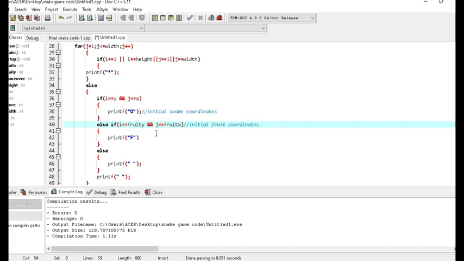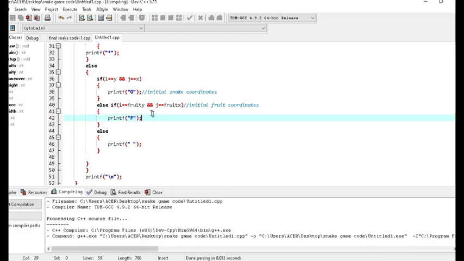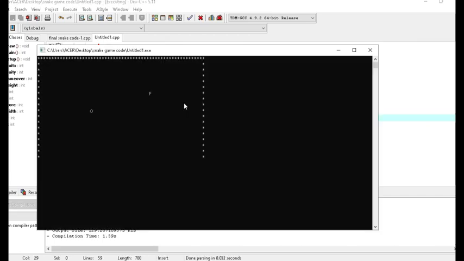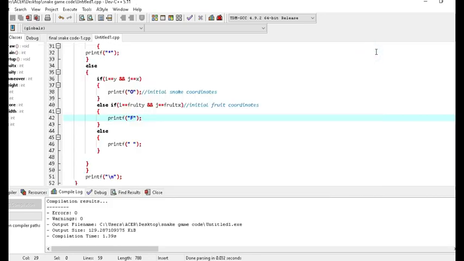Then I will print F, else I will print a blank space. So now let's compile and see what happens. It's showing a semicolon error. See now, as you can see on your screens, our snake's initial position as well as our fruit position has been printed.